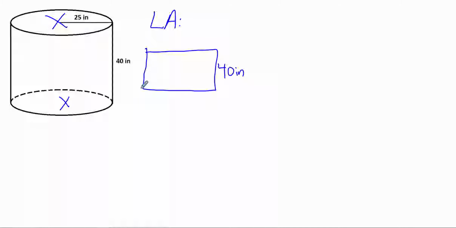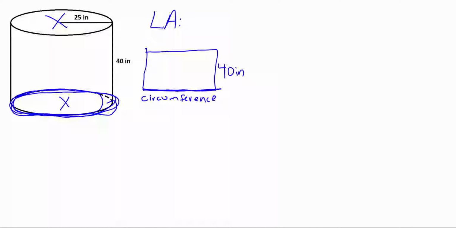The question then becomes, how long is this piece? And that's the challenge, because I see that this is straight and down here it's curved and it doesn't make any sense in my brain. Well, imagine taking a sheet of paper or that toilet paper roll and letting it go. It's going to curl back up. And this bottom piece right here is going to end up being the same as the distance around the bottom. Remember, distance around is the same thing as perimeter. And the special vocabulary word for cylinders means it's the circumference. So all I want is the circumference